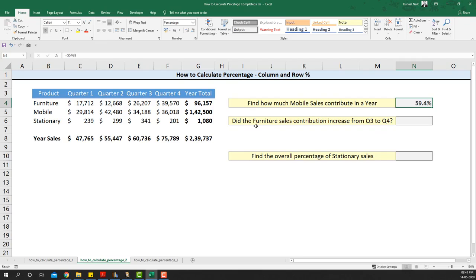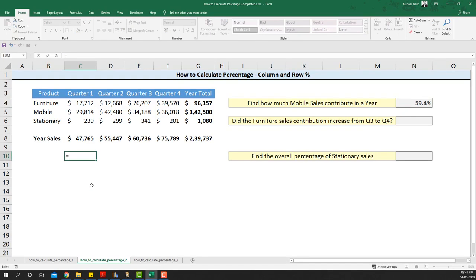The next question is, did the furniture sales contribution increase from Q3 to Q4? For that, we'll do the column percentage and then decide whether there was an increase from Q3 to Q4.